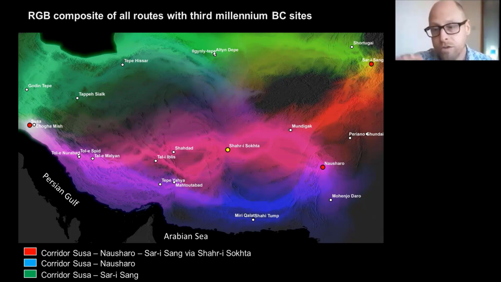There are also routes that must exist between places like Shahgad, Tepe Yahya, and other areas in eastern Iran. And then there are different ways of moving between places like Shahgad and Shahi Sokta, based on water availability and the ability to move across the landscape. Now, some of this is no doubt not a surprise, but using these methods gives us really exciting opportunities to work out where people may have moved in the past,